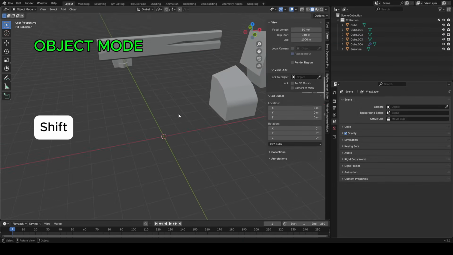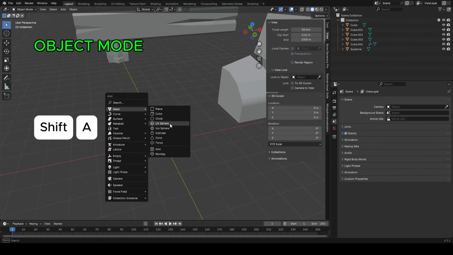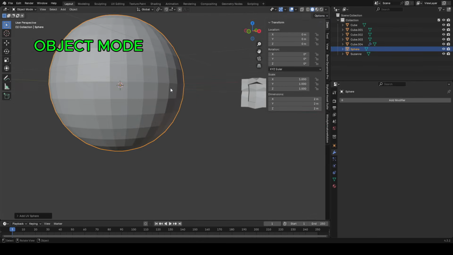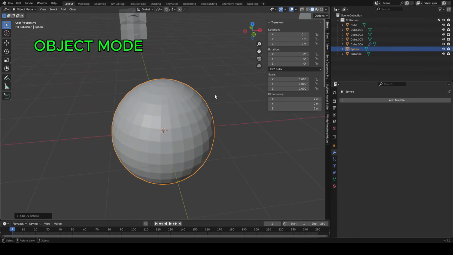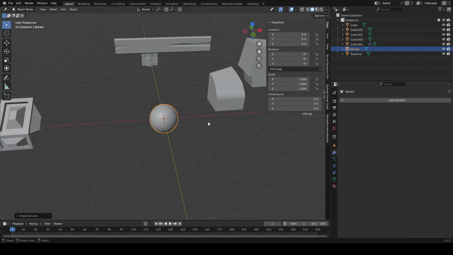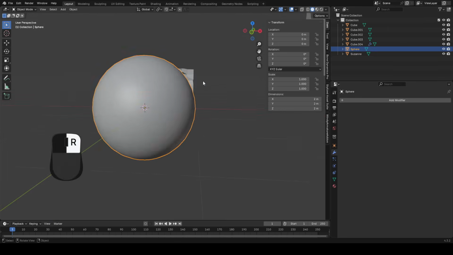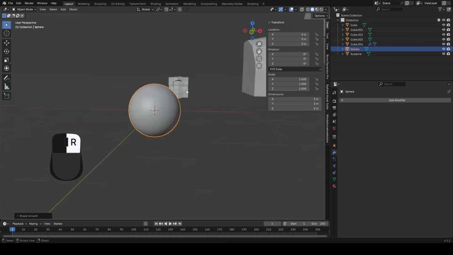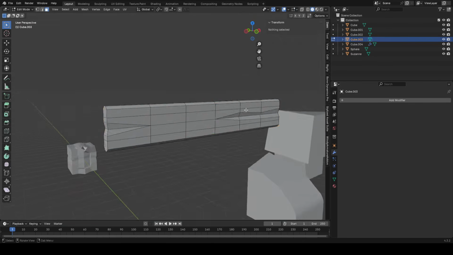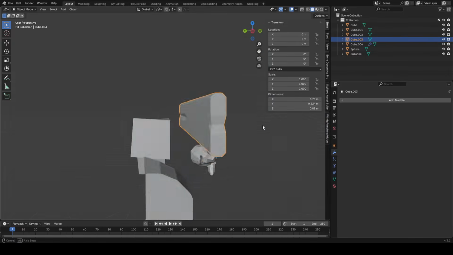Okay, one other thing I wanted to talk about is shading smooth. If we added a sphere, for example, you can see it has this very blocky shading. You can just right click and hit shade smooth to fix that. Now keep in mind this will not work in every case. If you have a soft object like this, then just right clicking and shading smooth will work really well. However, if you have something like this wooden plank that we made, which is a mix between hard and soft,